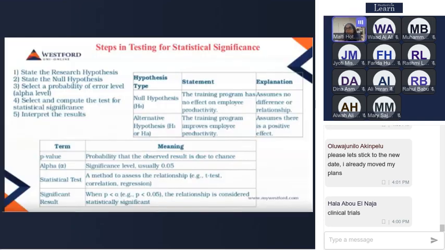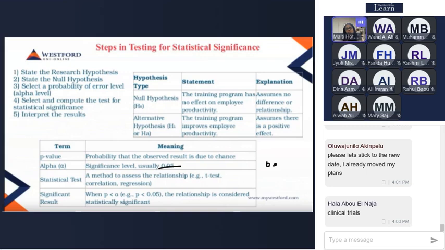So the significance level, most of the time for social studies, like your research in management and healthcare, which are based on social studies, is an acceptable error of 0.05 alpha. But in clinical trials, even 1%, that is 0.01 alpha, is very high.